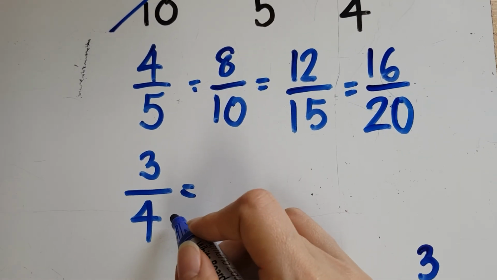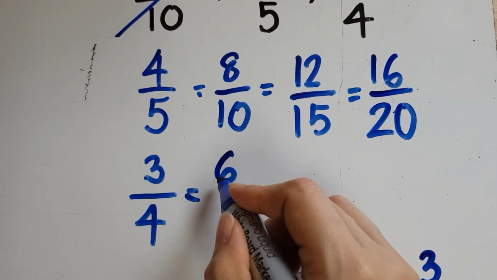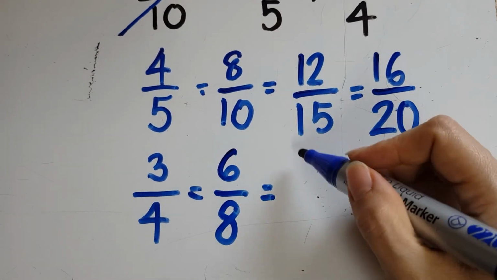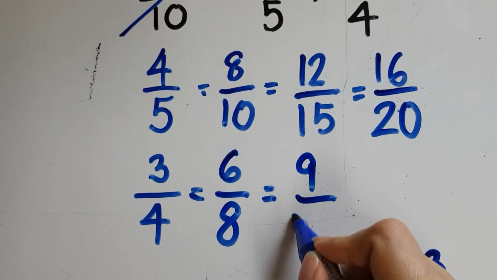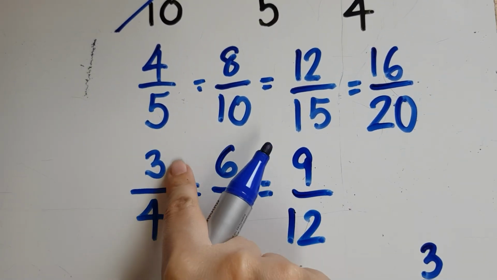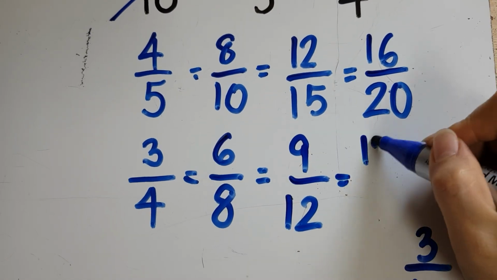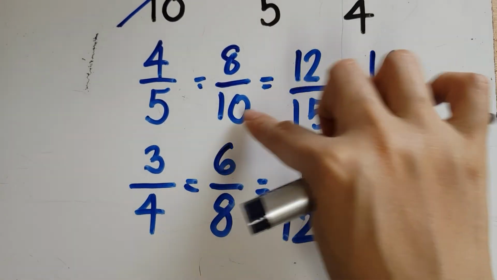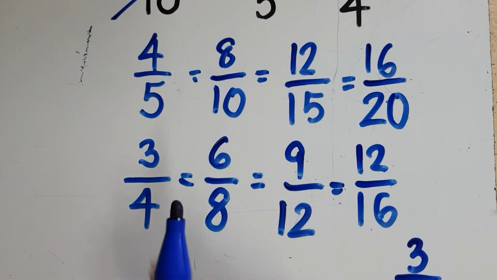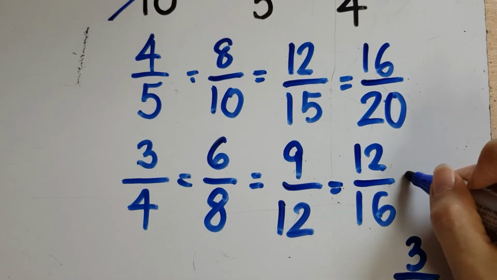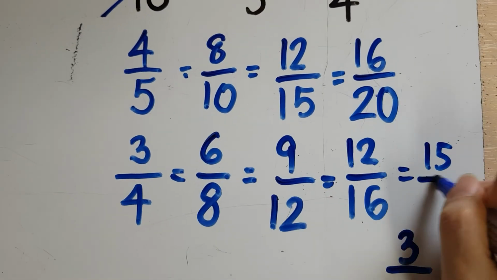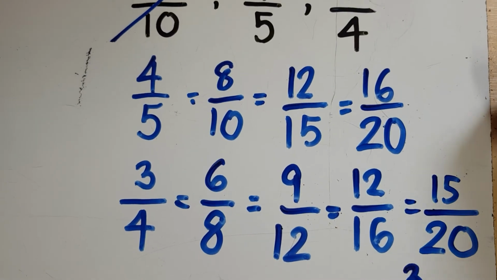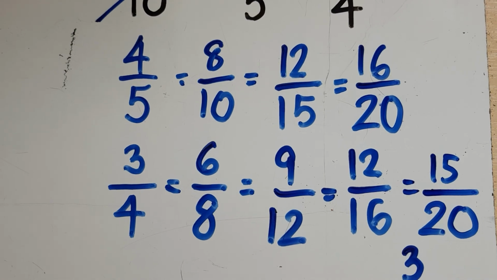Now 3/4, let's find the first equivalent, times 2, times 2. Next equivalent, times 3 numerator, and times 3 denominator. Next equivalent, times 4, and times 4. Okay, let's take a look. Do we have any denominators that are the same as 4/5? Nope. So next equivalent times 5, and you would see that, oh, we have a denominator of 20 here and a denominator of 20 there. So these are the two that we are going to compare,